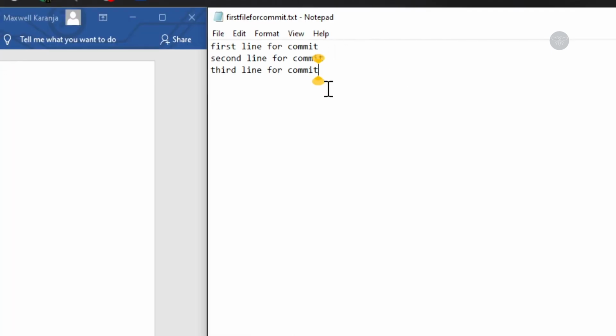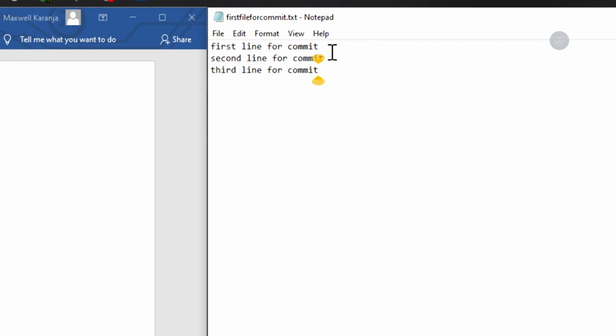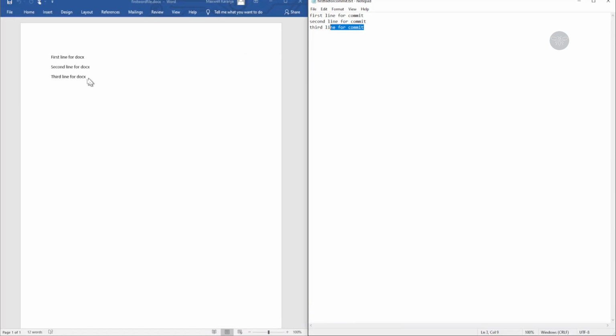txt first. You can see that there are 3 lines here, and what I did is this one is a commit, the other line is the second commit, and the last line is the third commit that I did. So each commit represents another new line. Same case for the docs, for the Word document. Alright,